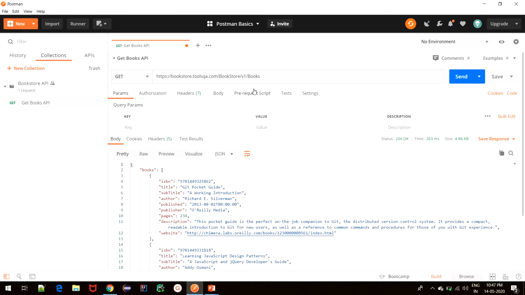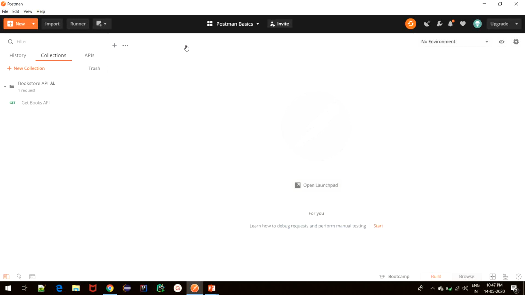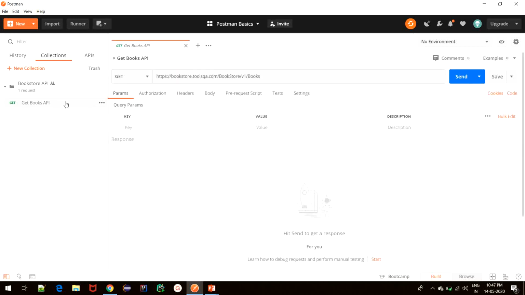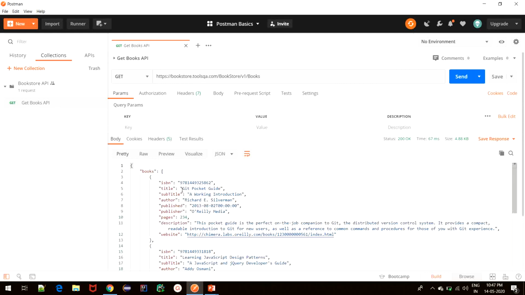Now to save these changes that we have made to this request that we built, we'll simply click on save. Now if I close this request tab and say tomorrow I want to revisit this API, I'll have everything built already. So I'll simply need to click on send and I'll get the response. So that's it for this tutorial. To summarize, we saw various ways in which we can create a new request in Postman. Also, we created a simple GET request and obtained the response for it.